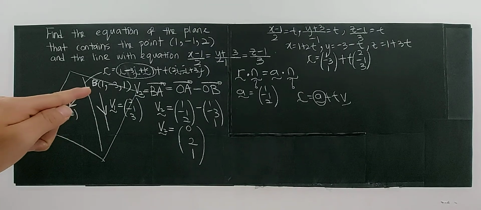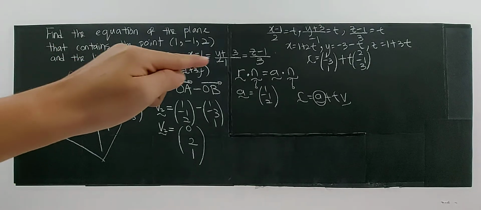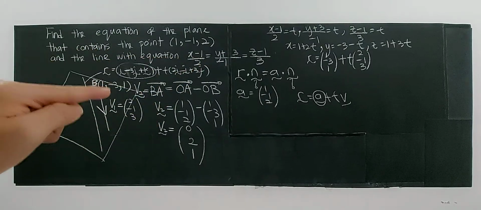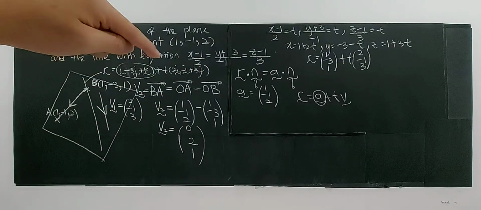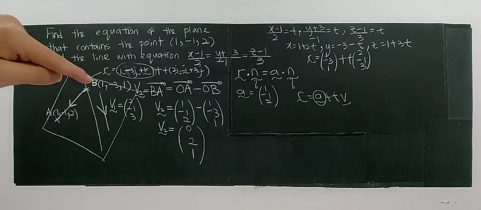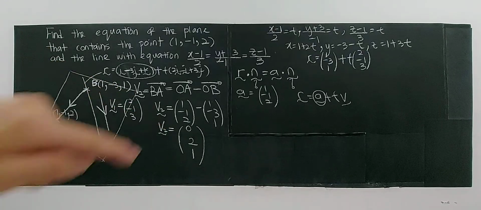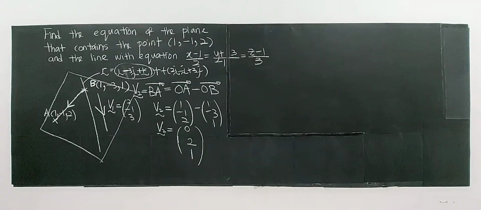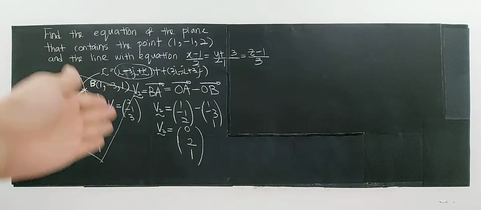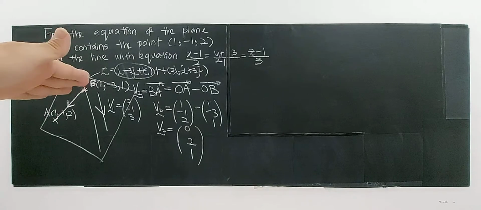Where does point B come from? Point B is a fixed point from the equation of the line. This is a fixed point plus t times a direction vector. According to the formula of the straight line, this is a point on the line. So I use this point, and with the other point, I form a second direction vector. Now we already have a direction vector from the line